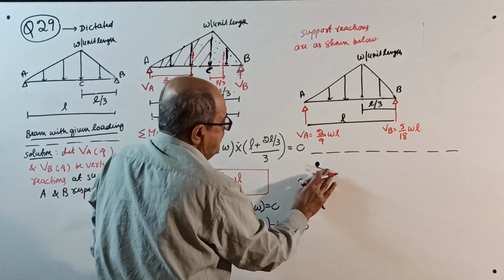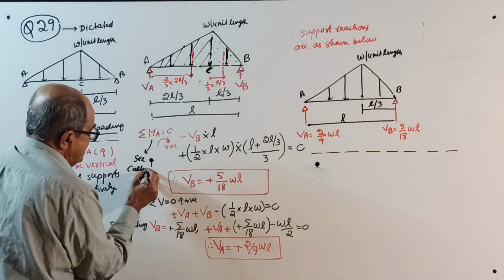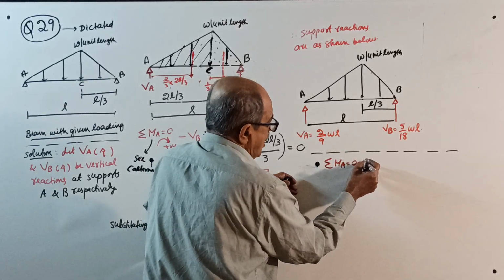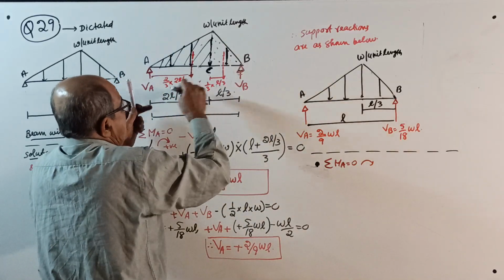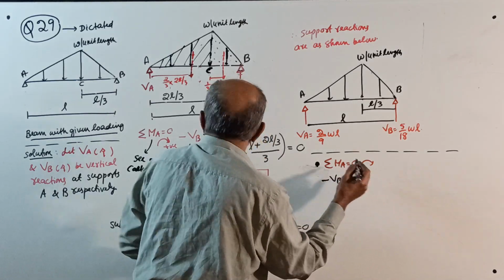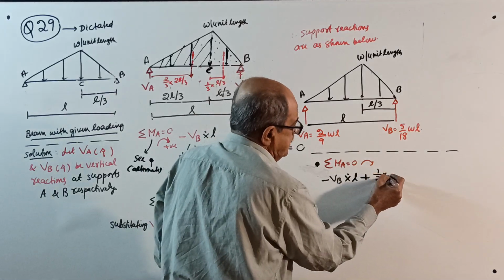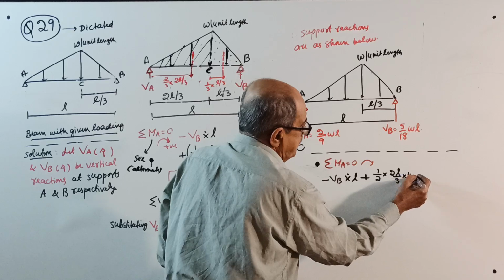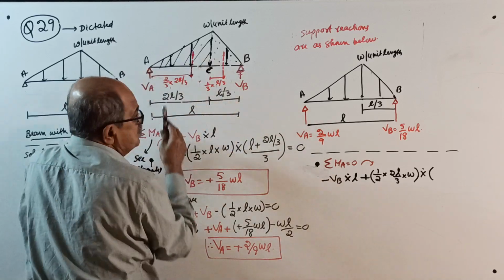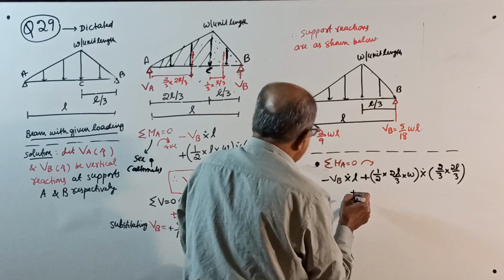I am giving an alternate way of solving. When you make sigma M about A equal to 0, take clockwise positive: minus VB into L, plus half into 2L by 3 into W, where W is the load of that triangle, multiplied by the distance from here to the line of action, 2/3 of 2L by 3,